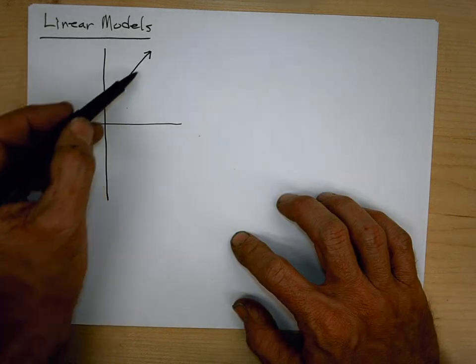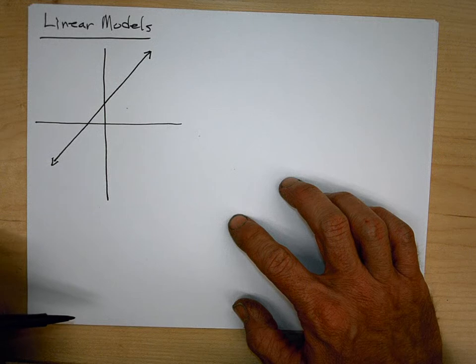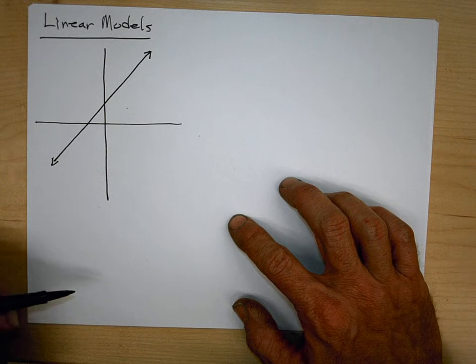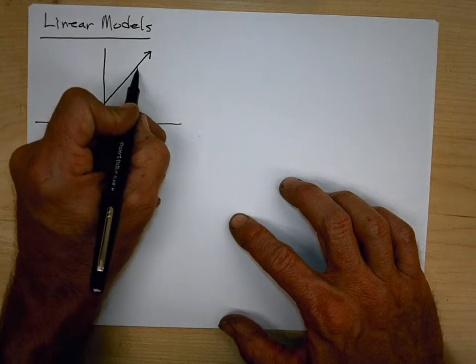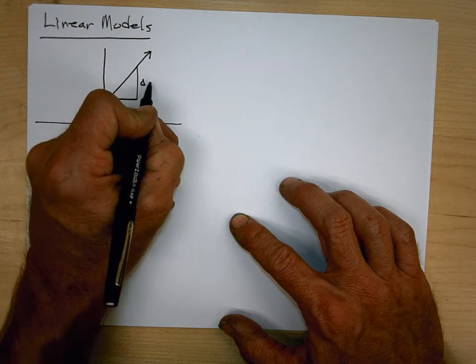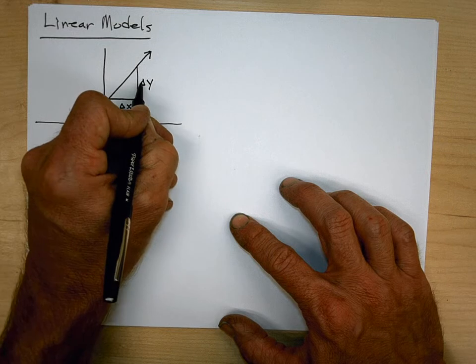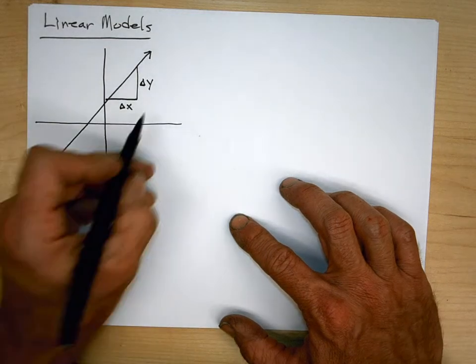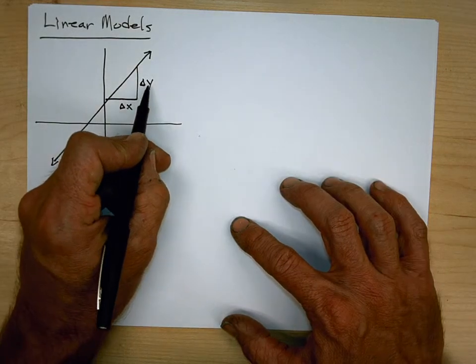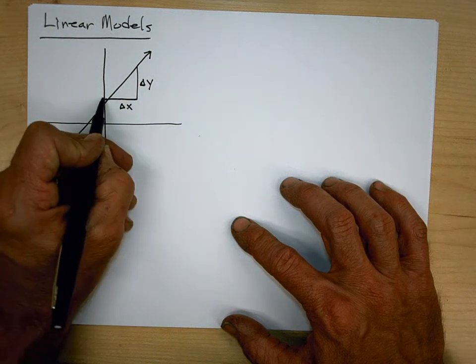So the unique feature, kind of the defining property of a line, is its rate of change. What do I mean by the rate of change? If I can just draw a triangle here, I mean the change in y over the change in x. This little triangle, also known as a delta, represents change. So we're looking at the change in y, if we go from